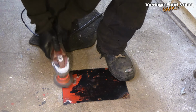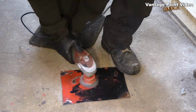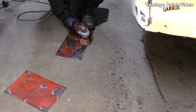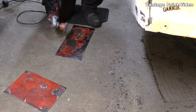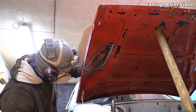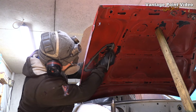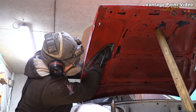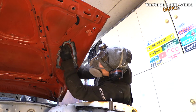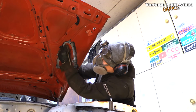Just cleaning down that. I've just cut these oversized completely, and I'm going to hold them over the openings in the bonnet and mark them up and cut them. So whatever bit of a curve should be right in that. And I'm going to scribe this really hard. I want a very accurate cut, so I'm not even using a marker,